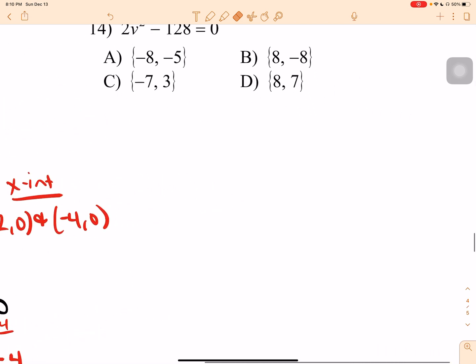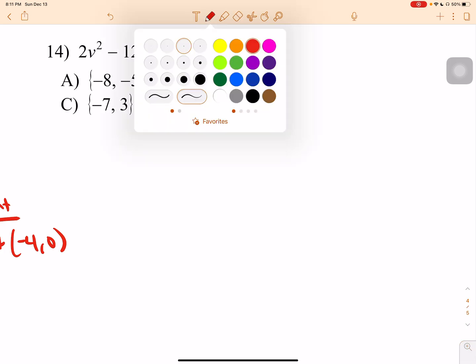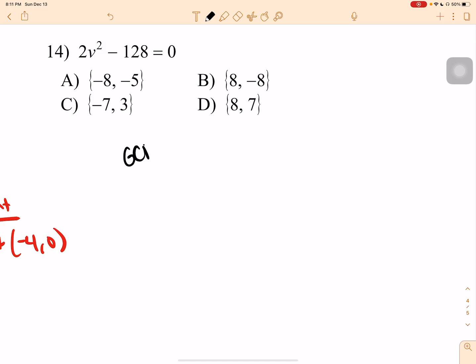Number 14, it looks like I'm going to be able to factor out a 2. Let's see what happens whenever I do that. So it looks like I have a GCF of 2. So I'm going to have 2 times, if I divide each of these by 2, it's going to be v squared minus